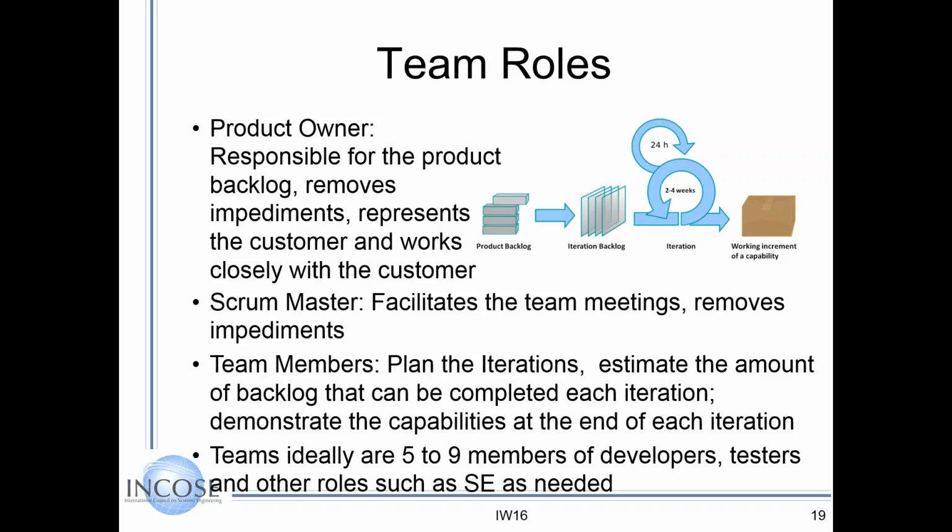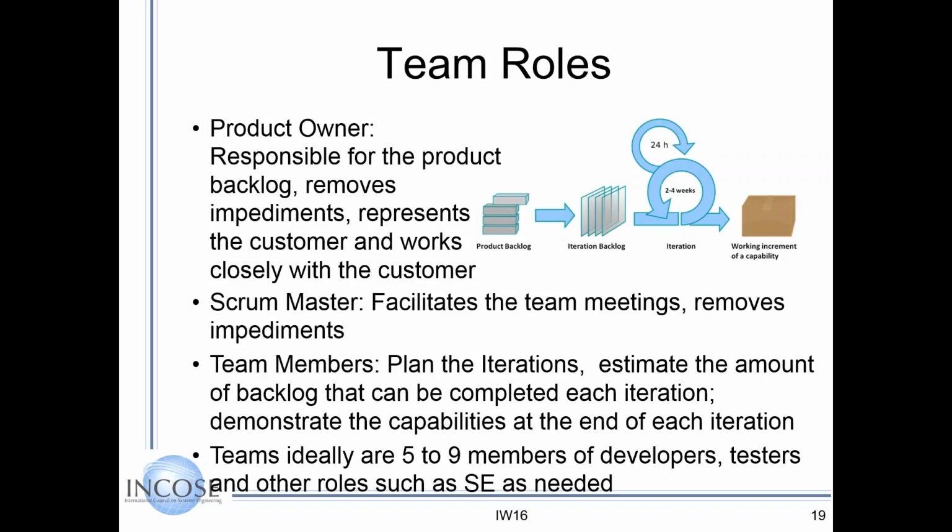When we were building the tool, we had a line in any day to any stand-up meeting, and started attending all of the planning sessions. But the product owner, in the absence of a customer representative, and the Scrum Master takes the team meetings and removes impediments. A significant role is that they should be a servant leader who gets in there and says, you want the team to choose the work. The Scrum Master really helps the team to be productive.